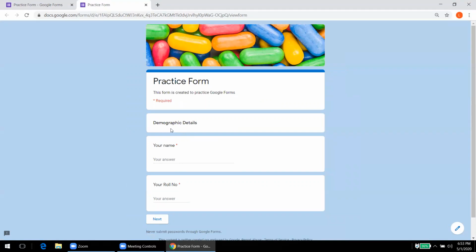So this is section 1. We can say your answer. Now suppose the student writes the answer. Now see in the roll number, if somebody writes 1, then immediately he will get a prompt, enter a number. So we will write a number like this. Okay, so I'll be simultaneously showing you how it will look from the student's point of view.